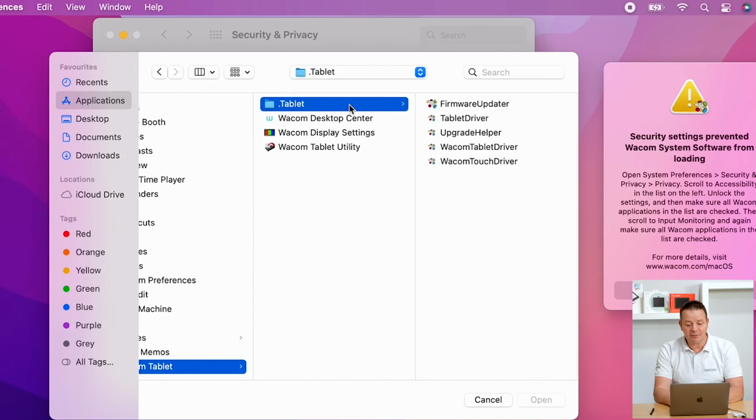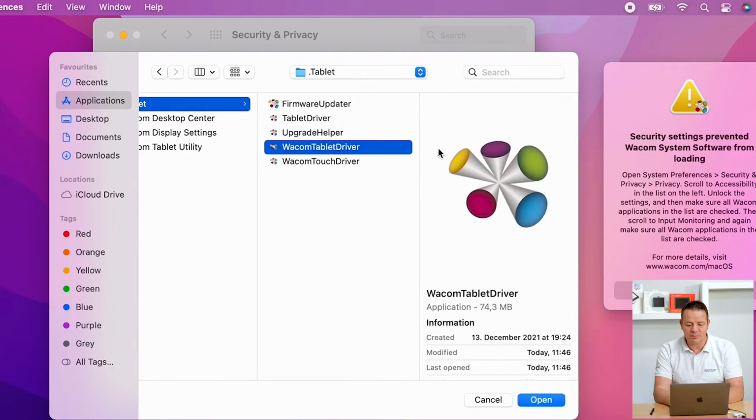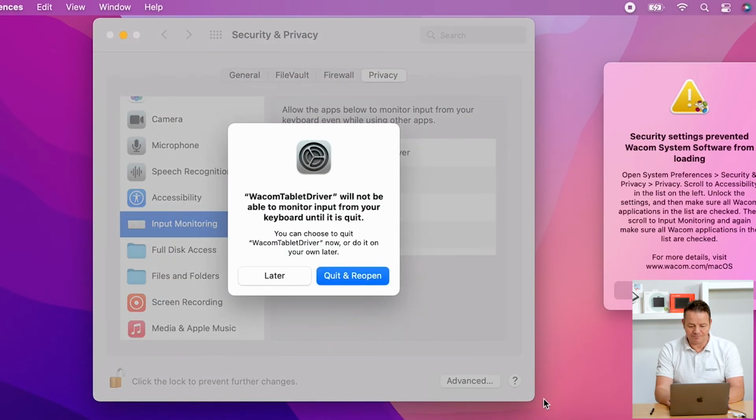And all of a sudden you will see a subfolder, it's called .tablet. And if I double click on that one, or click on that one, depending, here I can see the Wacom tablet driver icon. If you, for example, have a tablet which comes with multi-touch functionality like our Cintiq Pro models or the Intuos Pro, for this, the Wacom Touch driver might be relevant, but for the Intuos tablet and the pen only, we choose Wacom tablet driver. And I'm running here my Wacom Intuos tablet. To make this tablet work, it's sufficient to mark the Wacom tablet driver and click Open down here.